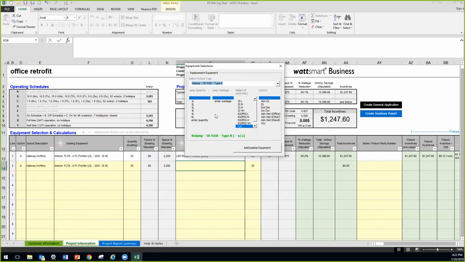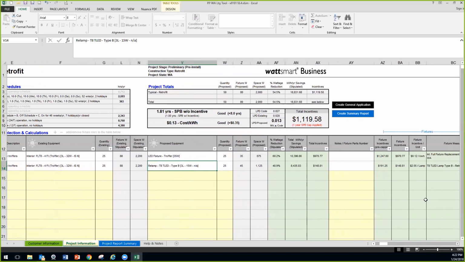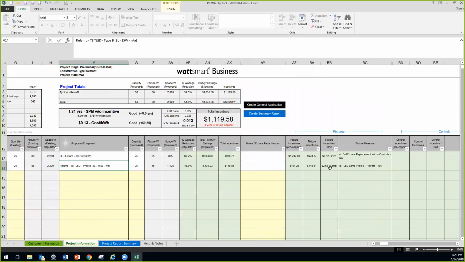And we're going to go from a 3 lamp to a 3 lamp. We're going to enter wattage of, let's go 15 watts a piece. And it's line voltage, so it's NA. Then we're going to add equipment. As you can see, for a line voltage LED tube, the incentive per lamp is $2.55. So if you take $2.55 times 3 lamps times 25 fixtures, you will get the fixture incentive of